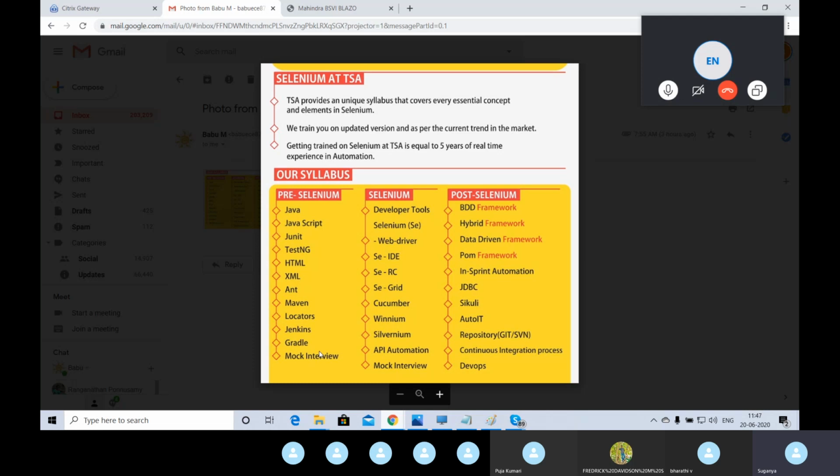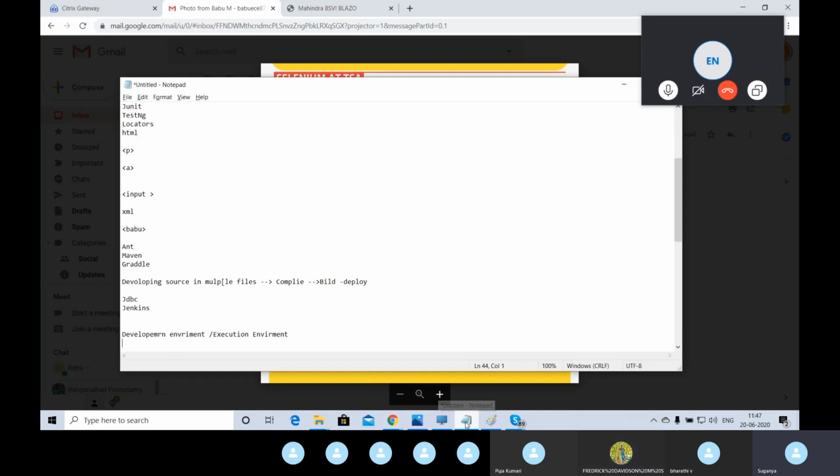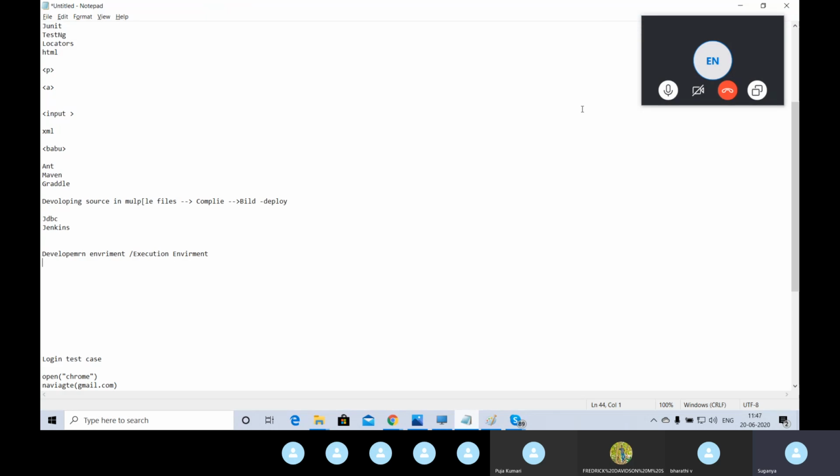Once you complete these pre-Selenium technologies, then for sure you'll be very good at writing programs as well as the logical things, which will be completely required when you go for automation. So far any doubt, guys, on pre-Selenium? Did I justify all the technologies which I mentioned in the pre-Selenium? Yes, Prabhuji. Good.